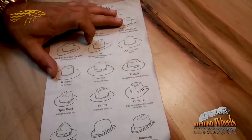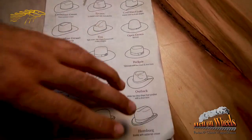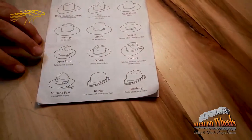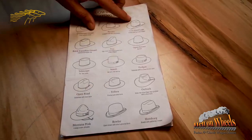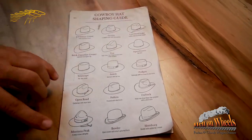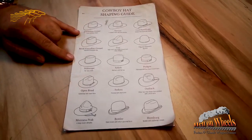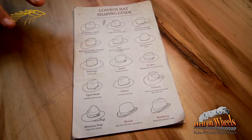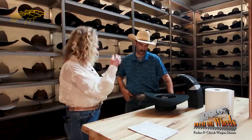Okay, perfect. So you have these 6 shapes here on the top. These 5 down here are the exact same ones as down here. The only real difference shapes is either the Montana Peak or the Cool Hand Luke. The only difference with these is you have a shorter brim than a normal cowboy hat, which is about a 4 to 5 inch brim. Okay, very cool. I'm going to try this on, right? Yes. This is the one with the